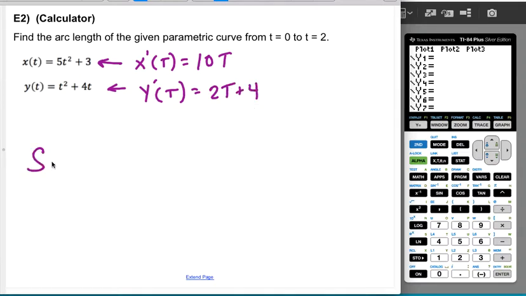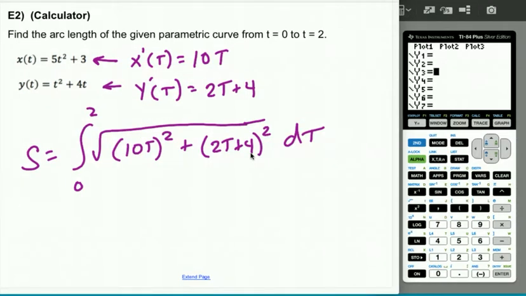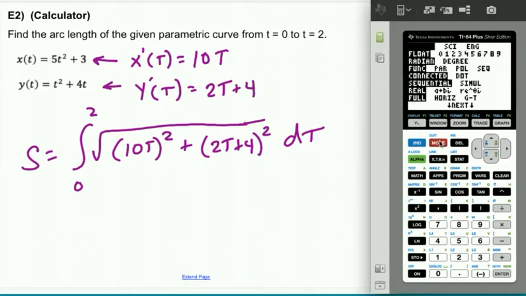So the integral that I want is the integral from 0 to 2 of the square root of 10t quantity squared plus 2t plus 4 quantity squared with respect to t, right? All right, so now we just need to actually find the value in our calculator. And there's a couple different ways to do this. So one way to do it is if you're in parametric mode. So let's go ahead and go to parametric mode and obviously make sure you're in radians because that's super important,